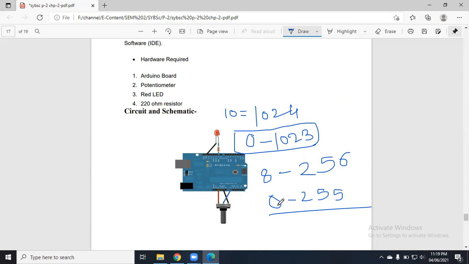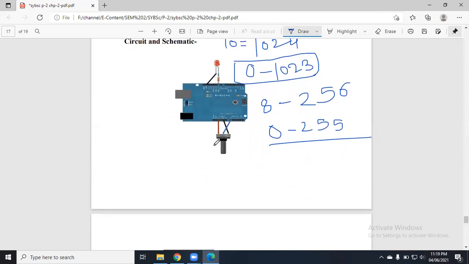What is mapping? It is just converting your input levels to the equivalent output levels. Here I have two different ranges, 0 to 1023 and 0 to 255, and converting them into the equivalent of each other is mapping of your data. And we are using that in this problem. Why? Because the input is not compatible with your output, and that is why we need to map the data. How we are mapping, I'll tell you.